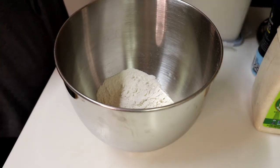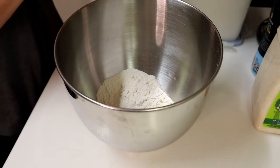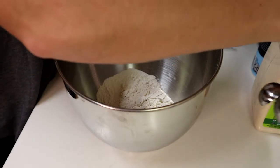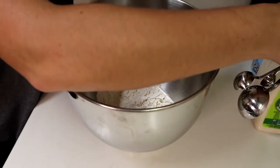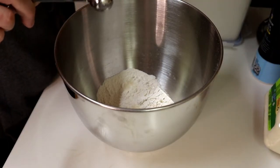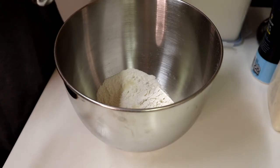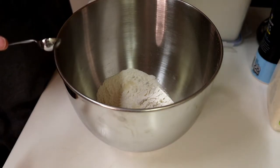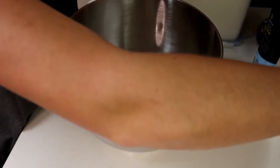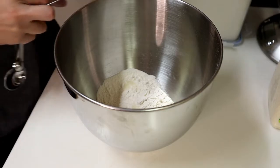1/2 teaspoon of sugar. Hopefully this sugar is okay. I have Florida Crystals organic rockin sugar, so hopefully it's fine. I'm gonna assume it is, but it's still just sugar. It's just a different grain, I guess. And then it wants